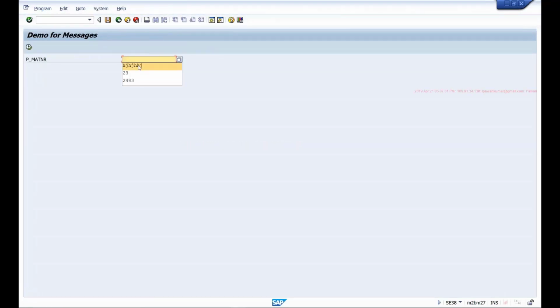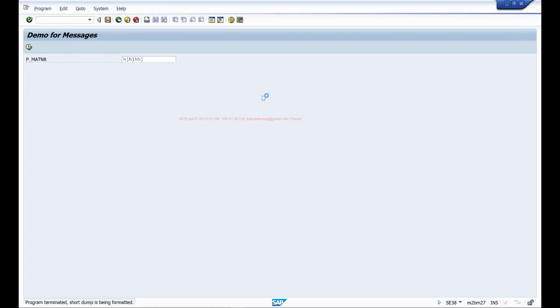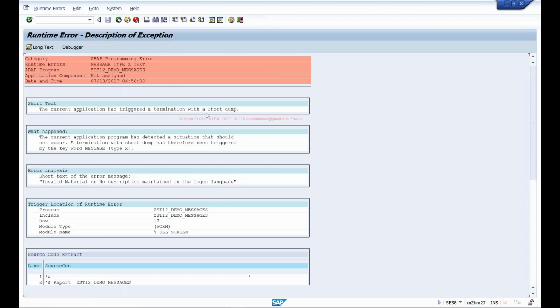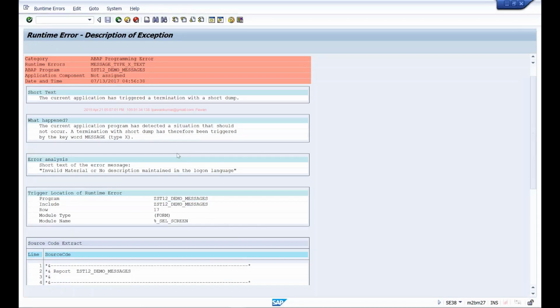If you have spent some time with the SAP system, you must have come across these short dumps. Whenever there is a situation where the system cannot understand what to do next, it will generate these short dumps. Okay, this we call runtime errors. So if you want to show a runtime error because the user has provided something and you're not too sure what to do, then you can generate this kind of runtime error by using type X. We generally don't use them, but whenever you're seeing a short dump like this, that's a type X message basically. And this allows you to capture more information while generating the message.